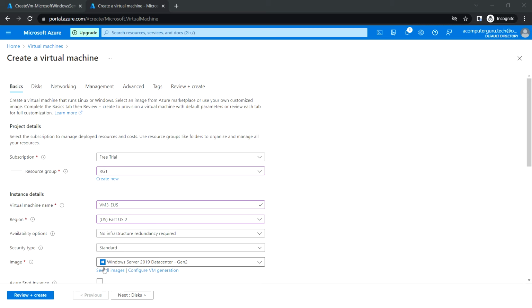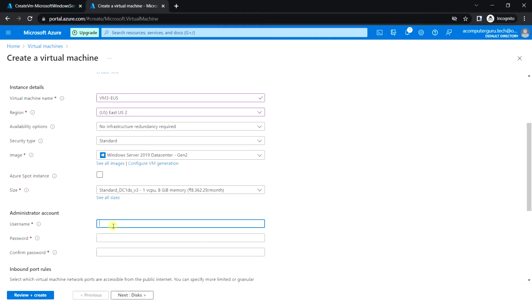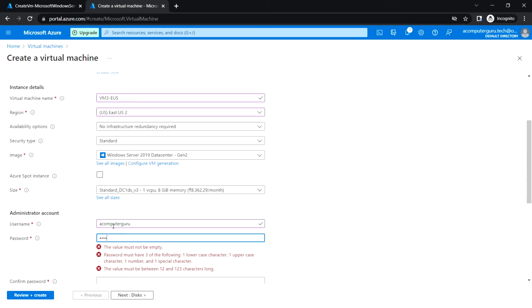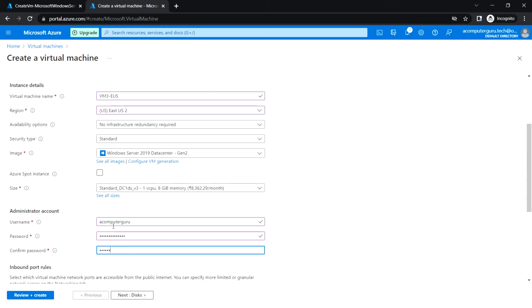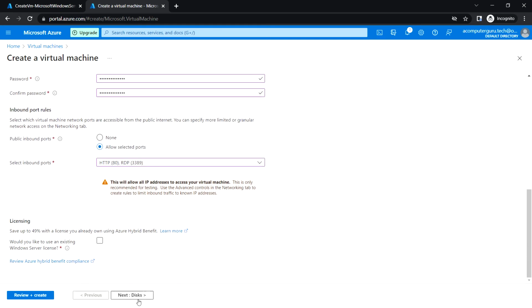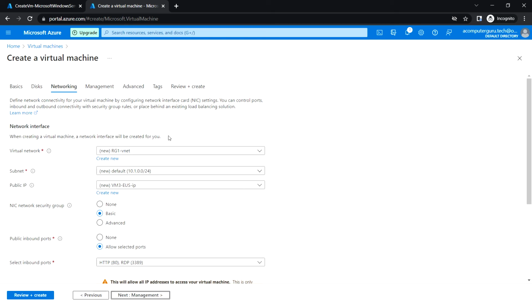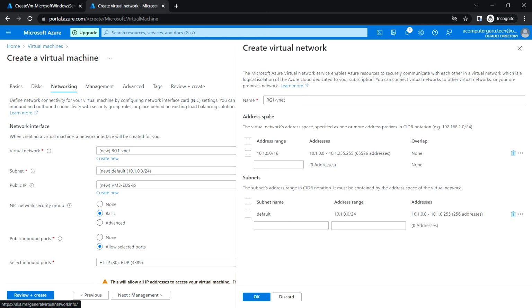East US 2 and Server 2019 and the size, and let me enter the username. Okay, so let me allow port 80 HTTP and click on next, and next for networking, and here let's create